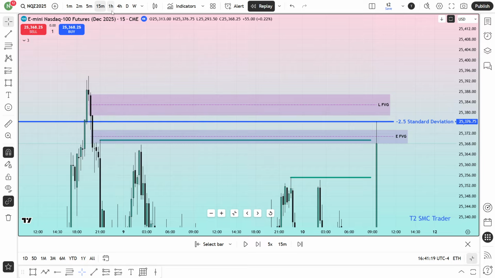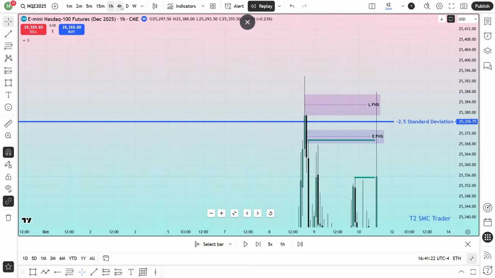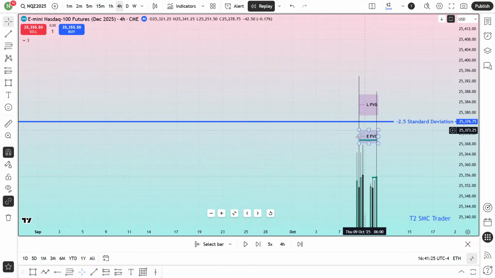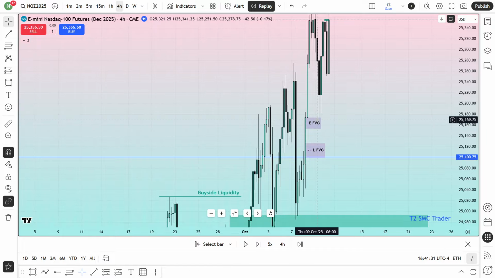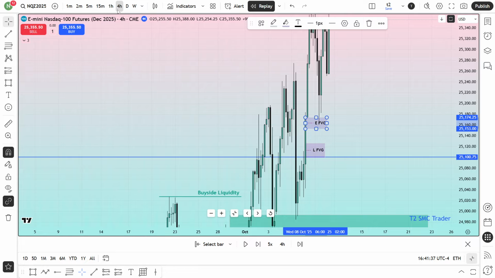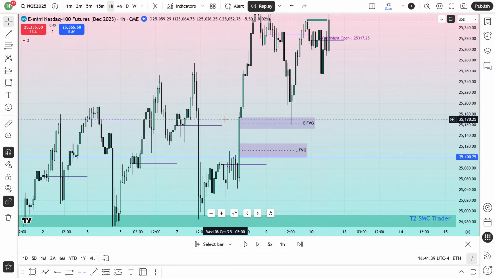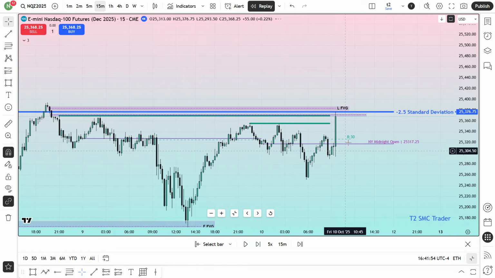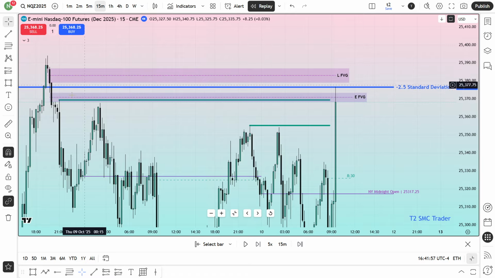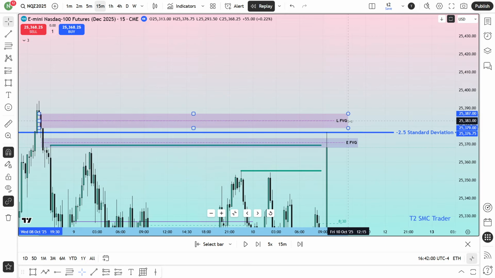At the same time, from the hourly chart or from the 4-hour chart, look, this time there is no fair value gap. Here you had the fair value gap right here. That is why the entry fair value gap has been reused, because it was actually using the 4-hour and hourly last fair value gap. This was hourly and 4-hour last fair value gap. That is why this entry fair value gap has been reused. But here, when I'm going to mark this entry gap from the 15-minute chart, there is no gap from the hourly or 4-hour chart. So I don't want to see that this entry gap is going to be reused from the 15-minute chart. Instead of that, it should tap to this last fair value gap.